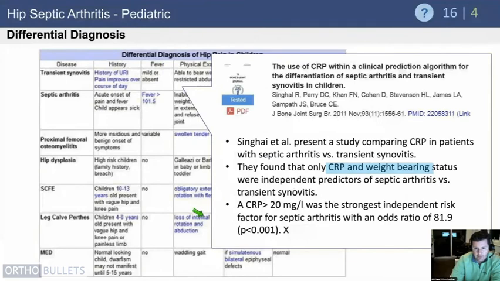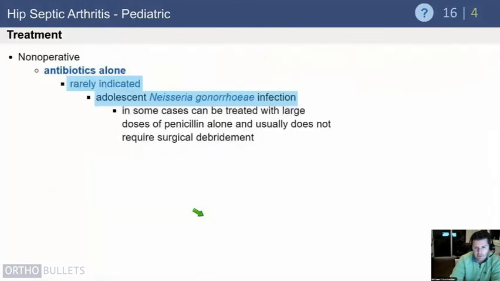And this is the 3rd paper where they looked at these factors again and found that CRP and weight bearing were the most important. So again, some combination of those 5 factors are important, with CRP probably being important in the early